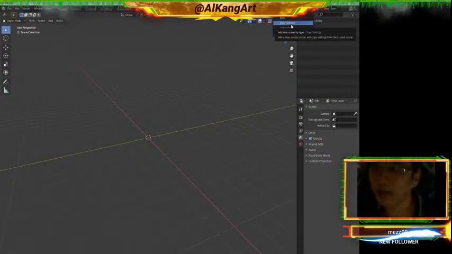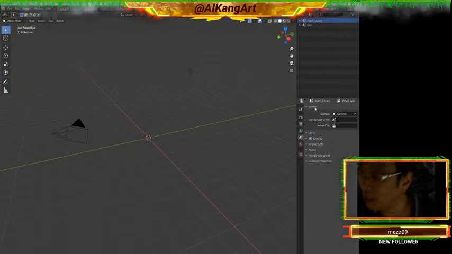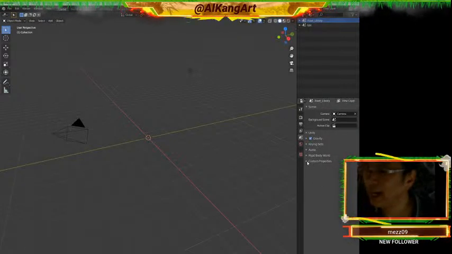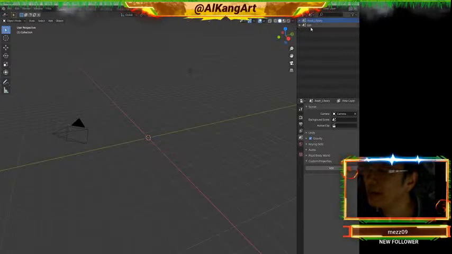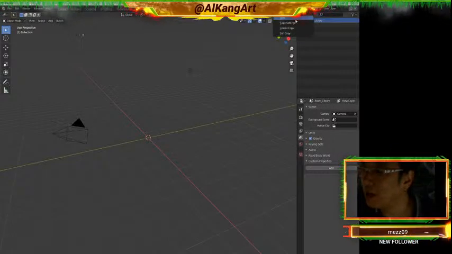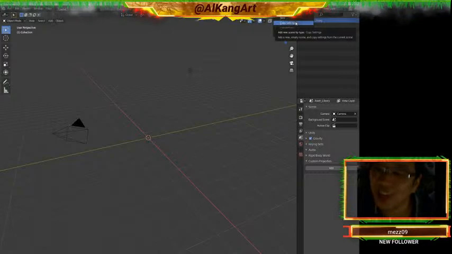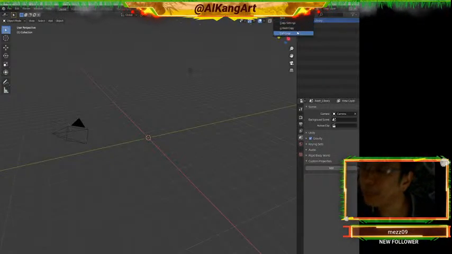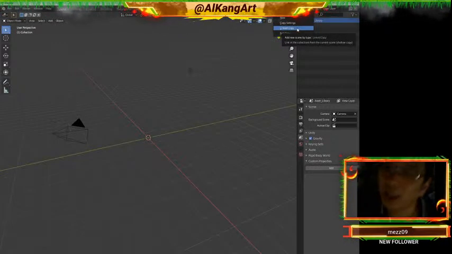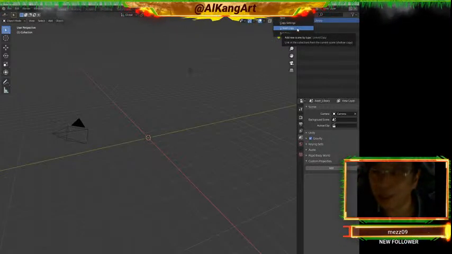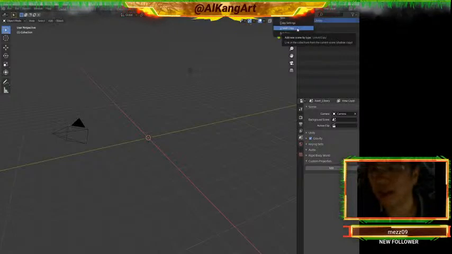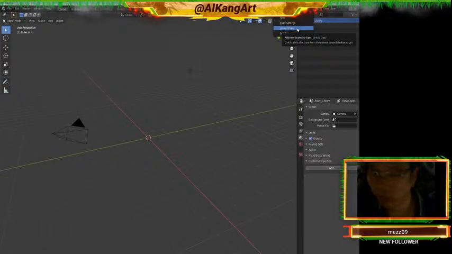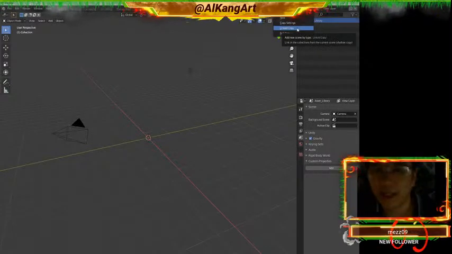So my understanding about that is if I come into a scene and I set up certain render properties or certain custom properties, then when I come in here, I can create a new scene, but the settings will go into the new scene container, right? So that's quite handy. The linked copy will create a copy or an instance of an existing scene and link all the data over, but it won't do a physical copy, so you're not taking up any more render space.